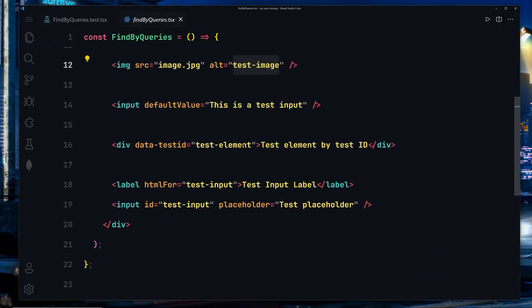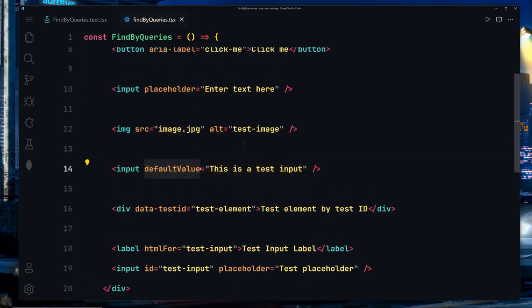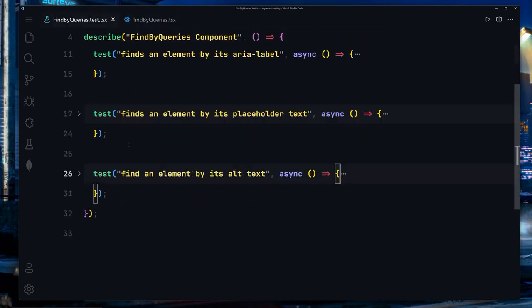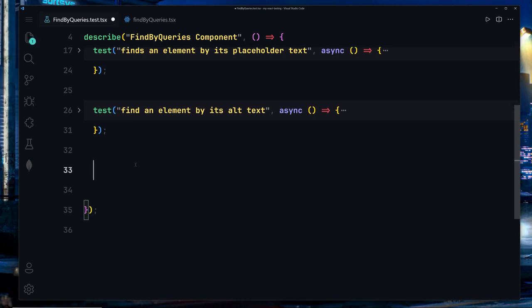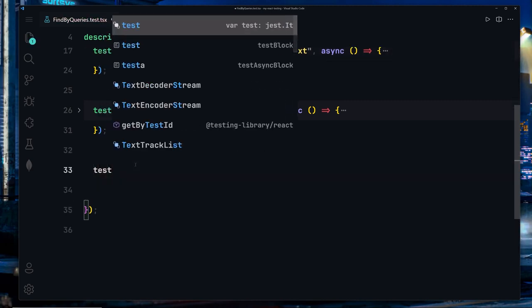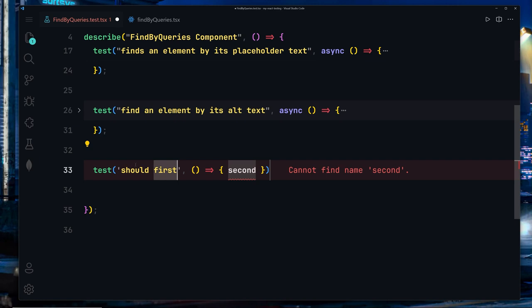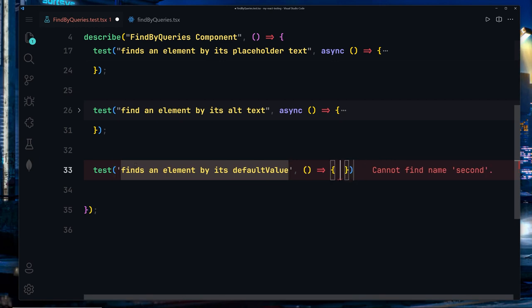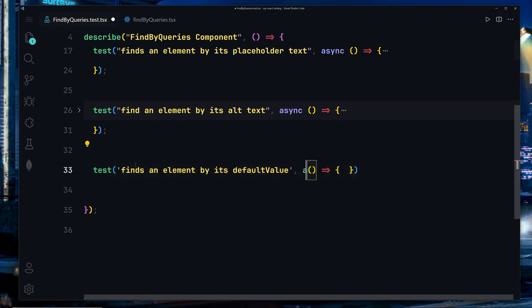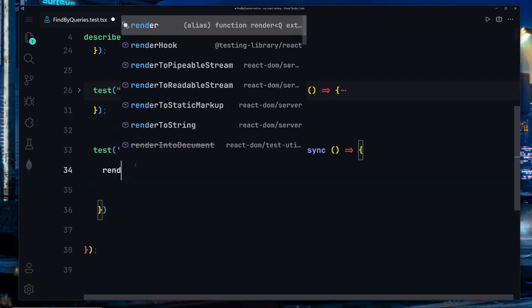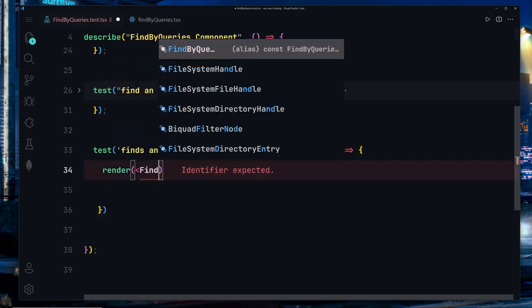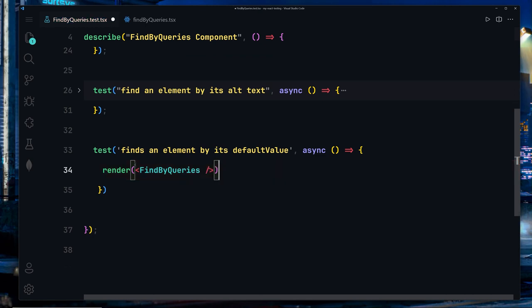That's done. Next we have to select this by using its display value. So I'm gonna go ahead, let's just undo there, and provide my other test case. So I'll use test, and here just pass my test case: test finds an element by its default value. And first of all, we also have to mark this as async so that we can provide our asynchronous operation inside there. I'm gonna use the render and provide my find by queries and execute this component right here, save this file,